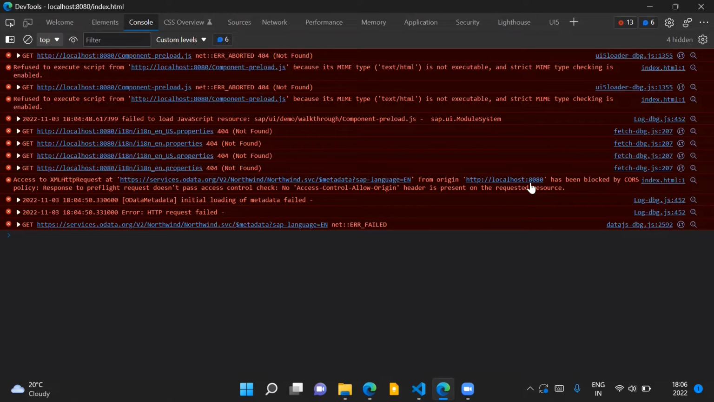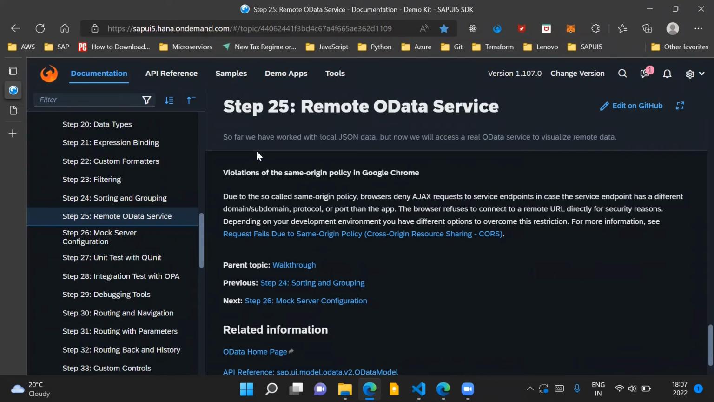So because these two links are different, the access to the data source has been blocked. Here it has been mentioned that the response to pre-flight request doesn't pass access control check. No Access-Control-Allow-Origin header is present on the requested resource. And it has been mentioned here in the documentation also that due to the so-called same origin policy, browsers deny Ajax requests to service endpoints in case the service endpoint has a different domain, subdomain, protocol, or port than the